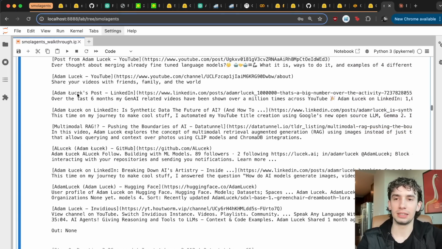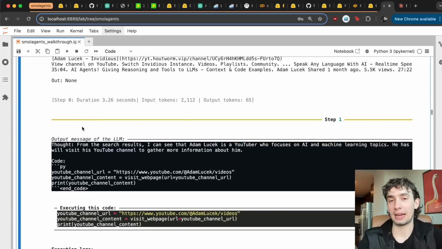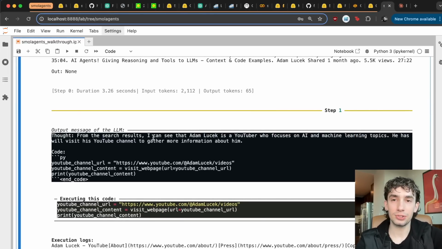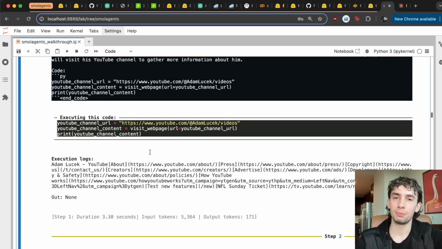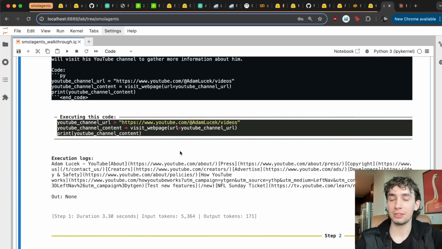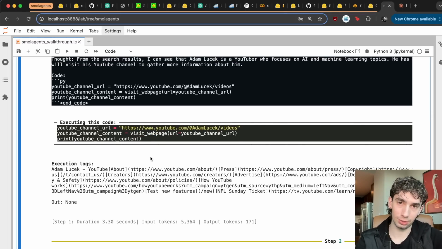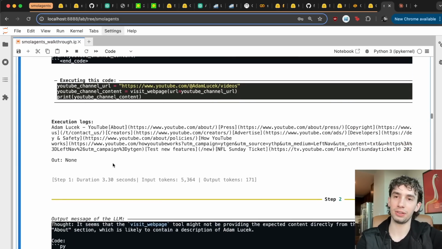And so then we can see that the smolagents framework will then execute this code, and we see the results of it here. So that is passed back to the language model, and then from the search results, it has a little bit of a thought of what I might be focusing on, and then what it's going to try and do is use the visit web page tool. So now I actually didn't implement or install the right packages for the visit web page tool, but that was a little bit intentional because what we can see now is we get no output,